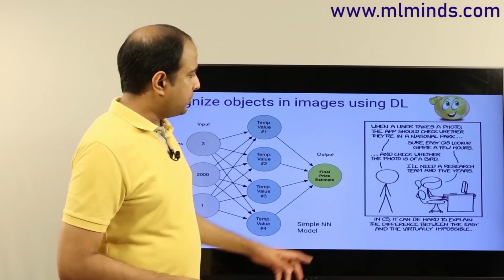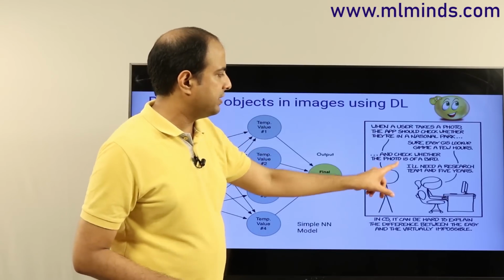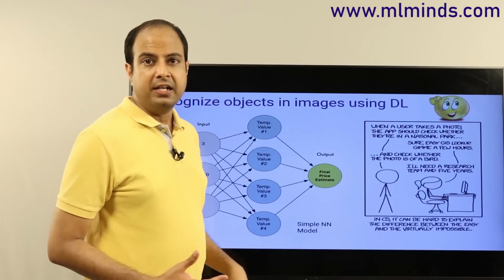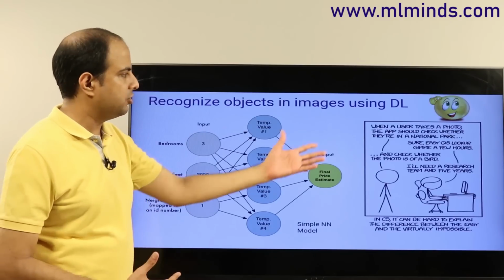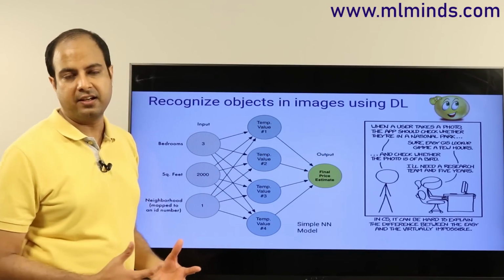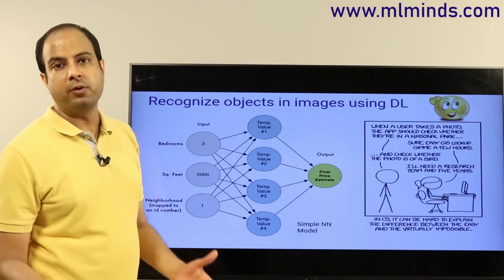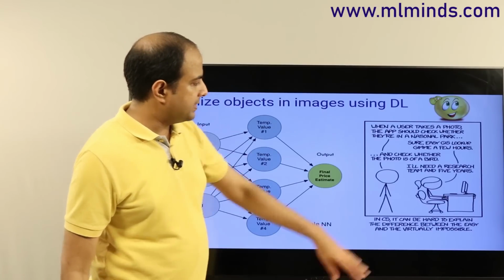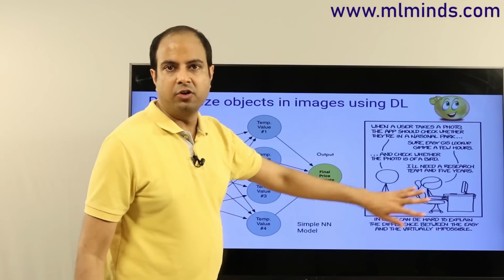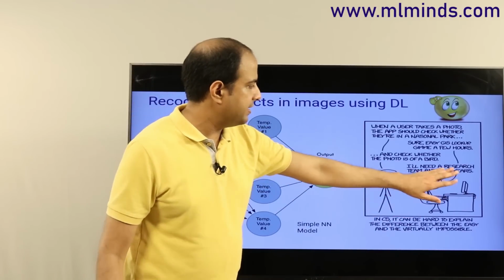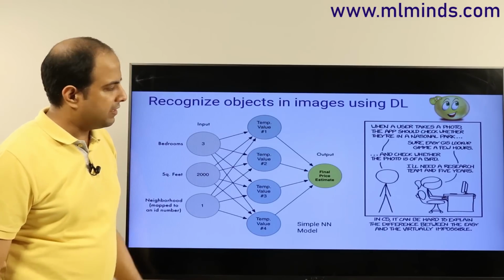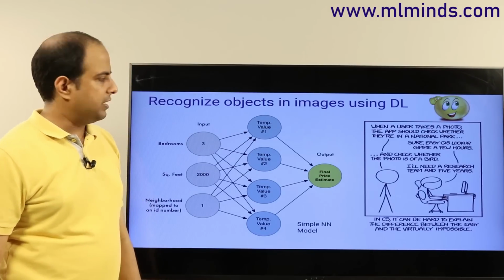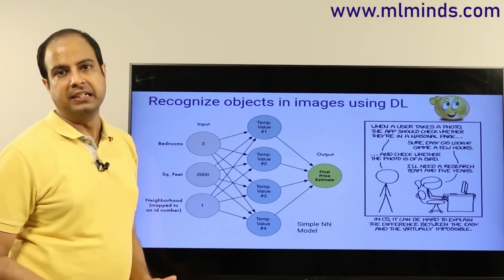Now the next question this guy may ask is to check whether the photo is of a bird or not. Now that's a difficult question. That's a cognitively much more complex task. There is no GIS lookup. There is no way that you can say whether this thing contains a bird or not without doing any form of learning. If they don't know machine learning, DL, etc., they'll just say I need a research team and 5 years to solve this problem. But given enough amounts of labeled data, you can solve this problem very quickly by learning deep learning